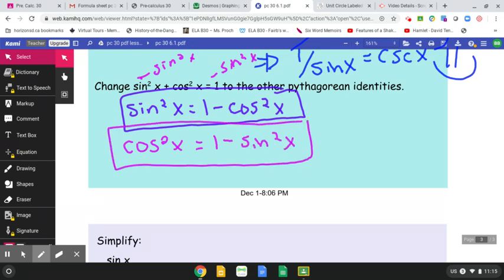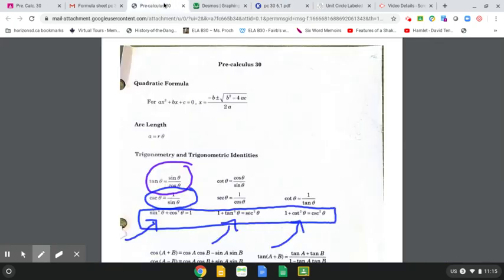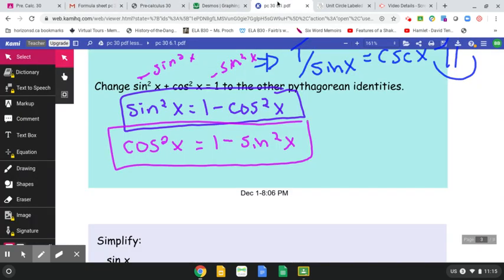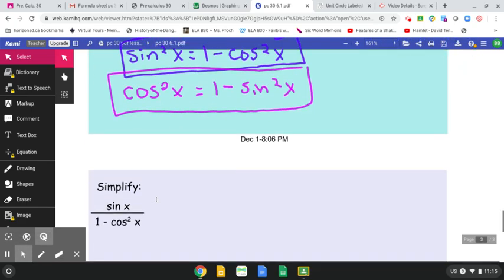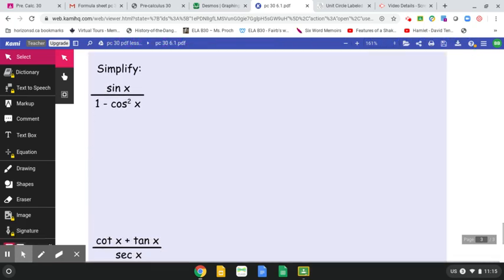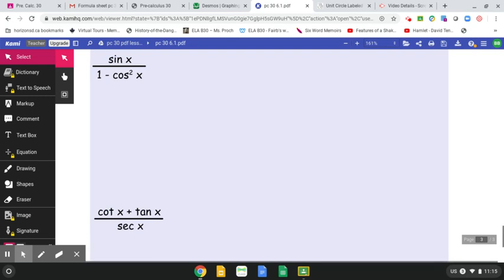Okay, so that just shows you that you're able to manipulate all 3 of these. Like I could do the exact same thing here. I could say tan squared x and then subtract 1 on both sides and say tan squared x equals secant squared x minus 1. You can do it the other way. As long as you keep your signs and everything, you're good. So just know that you're able to manipulate those, and that's all you have to look at there. Now, in this last slide, we actually use some of those